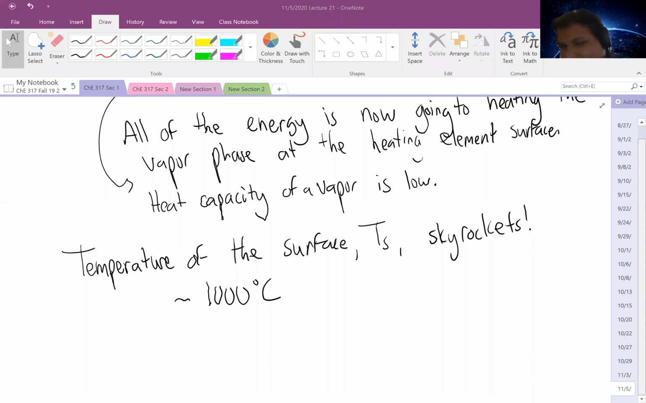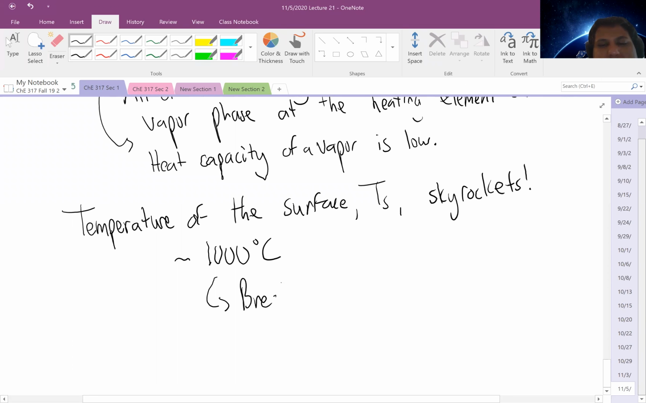And so for a typical system, what type of metals are we going to be using? Usually going to be steel or stainless steel. Yeah, so some sort of steels, right? Or if we're using something like a nickel or a copper, it's going to be one of those types of systems. And so this massive shift a lot of time ends up causing breakdown of the heating element,